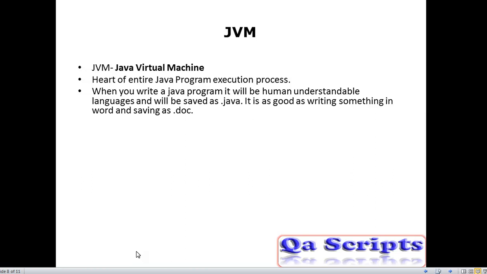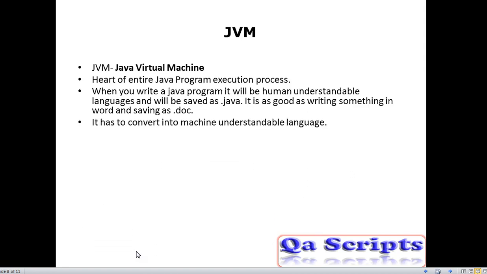When you write a Java program, it will be in a human understandable language, and we save that program using an extension called .java. It is as good as writing something in Word and saving it as .doc. It's like writing a story in your Word.